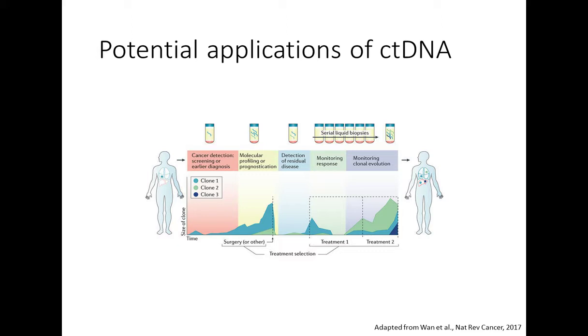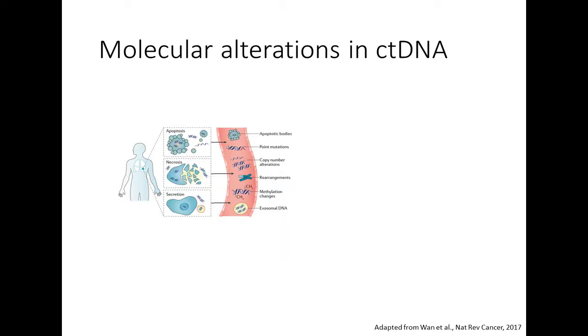Potential applications of circulating tumor DNA include screening and early detection of cancer and improved diagnosis through genotyping of circulating tumor DNA. Potential applications include also detection of minimal residual disease after the surgery, evaluation of response to adjuvant therapy, and detection of genetic alterations that may be associated with resistance to certain types of treatments. And finally, circulating tumor DNA profiling may be also useful for a long-term follow-up in cancer patients to detect disease recurrence. Circulating tumor DNA is found in plasma or serum fraction of the blood.